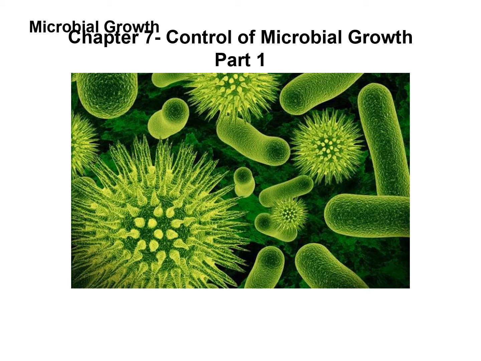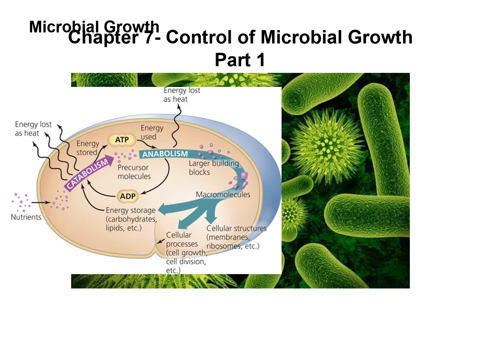In order to understand how to control microbial growth, it's important to review what is required for microbial growth in the first place. All vegetative cells need a source of nutrients, and those nutrients will be used in various metabolic processes. Some of those involve catabolic reactions that release enzymes and break down large molecules into smaller molecules. Then that energy and those smaller molecules will be used in anabolic reactions to produce larger molecules, such as the macromolecules, which will be used to form cellular structures and also help the cell perform important